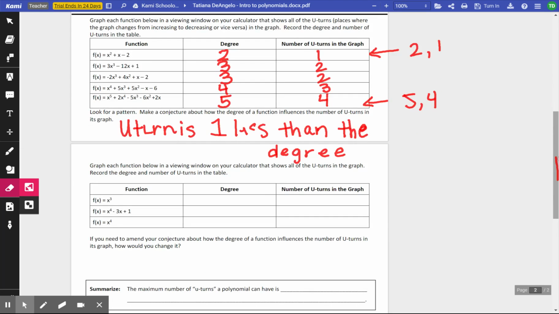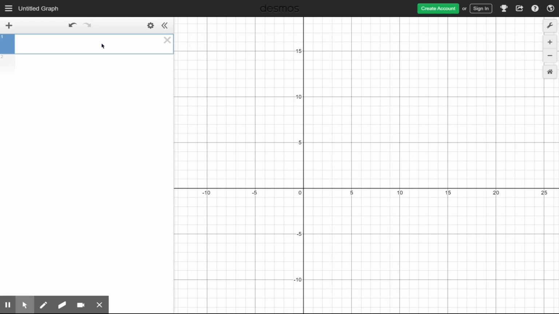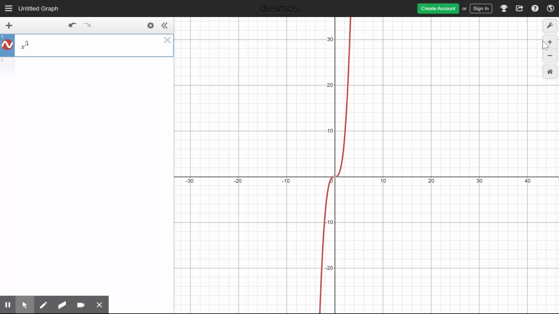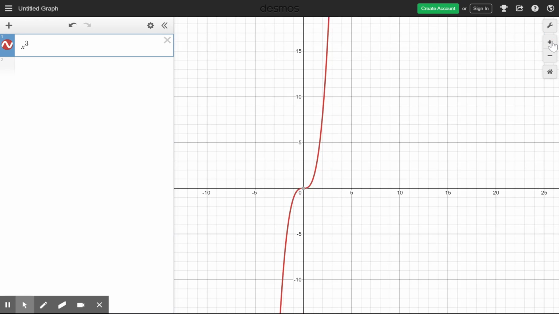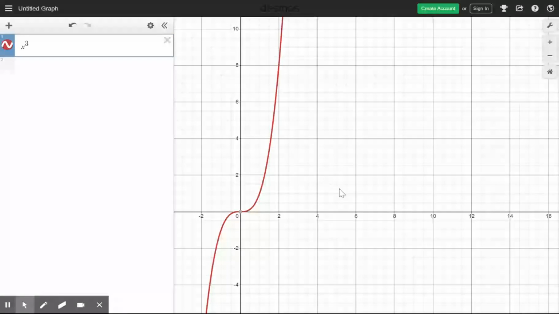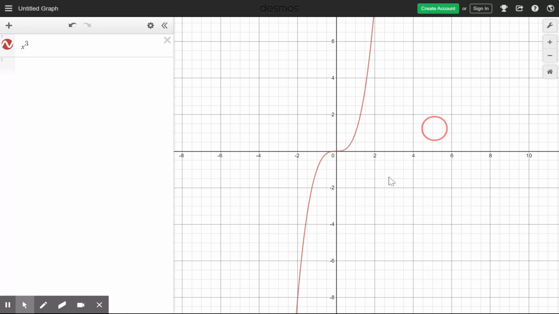So then it's asking me, okay, well, how about you graph these three functions? So I'm going to do that real quick. And now I'm graphing x cubed. Okay, so before when I had x cubed, I think I always saw 2 U-turns. But now I'm like, all right, let's keep zooming in. So I know I see some kind of little humpy looking thing, but now I'm looking and I remember